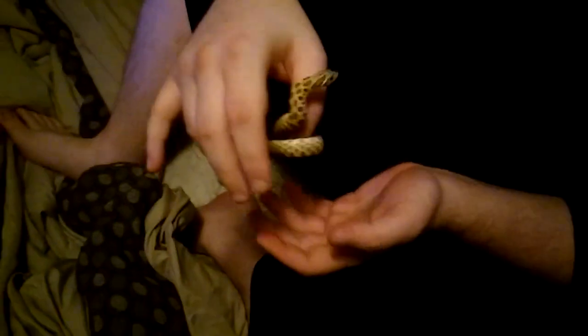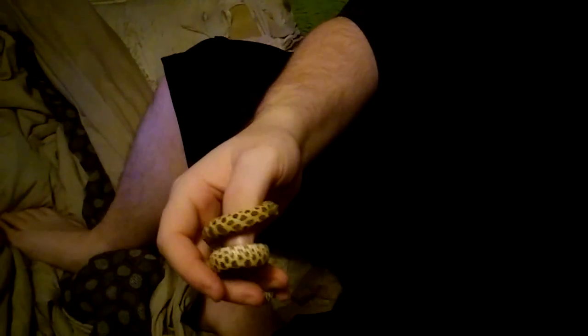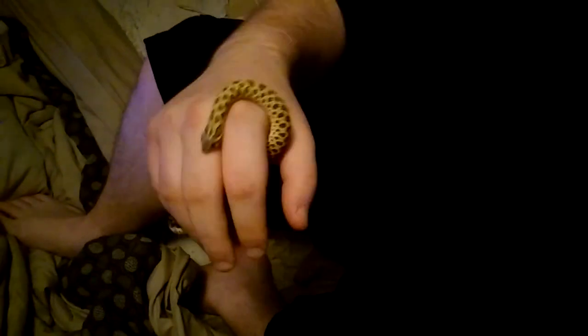I love her belly. Definitely the best part, but as you can see, she's very stuck to my finger. But I love their black pattern on their stomach. I wish I could show you, but there's no way she's going to allow me to because she's just so active. She loves to go around her cage in the day and just lay in her